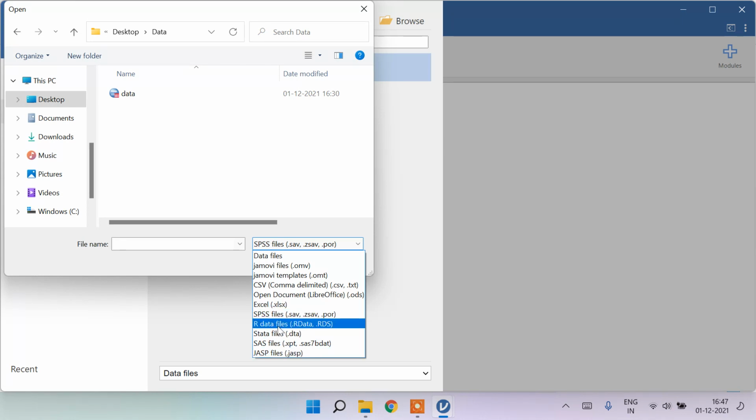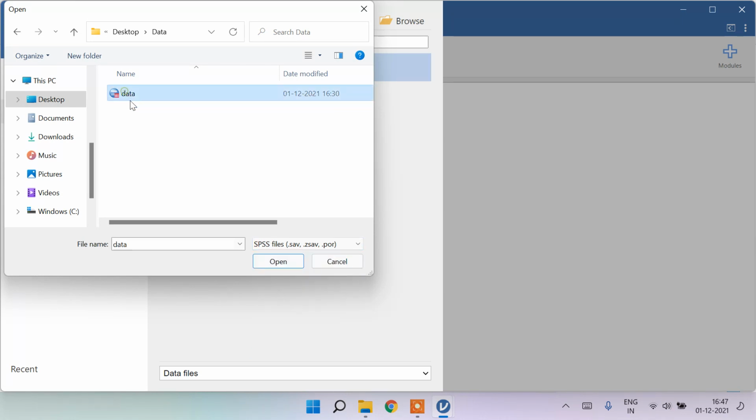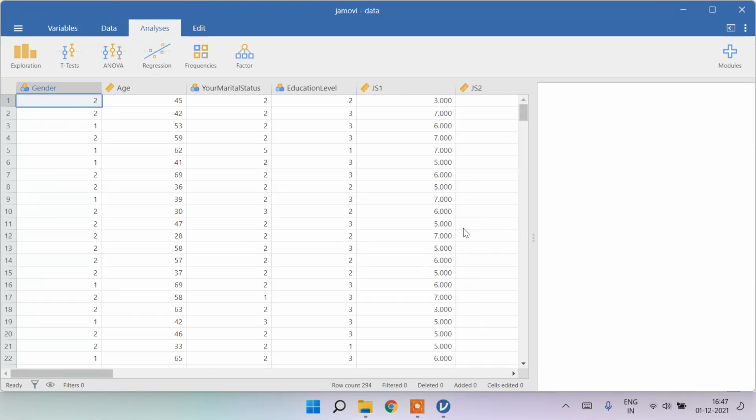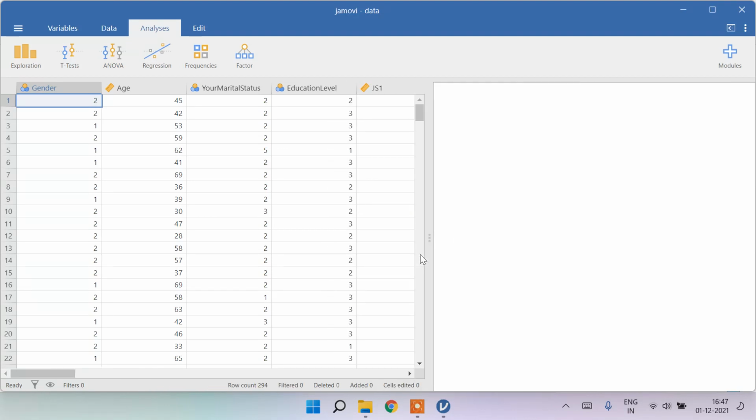All those things can be imported here. My data set is in SPSS file format, so I'm selecting this file and clicking open. You'll be able to see your data in your window. You can expand this data window as well as your output window a little bit here and there. That flexibility is available here.